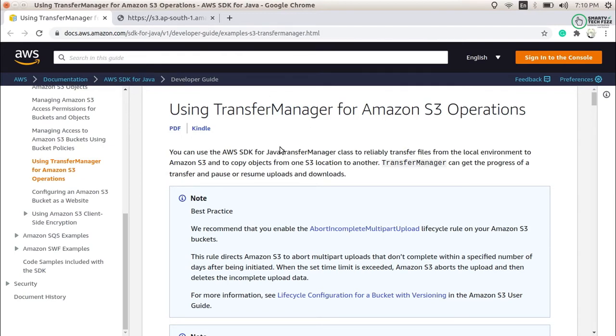It is useful when you want to upload multiple files at once, or upload a full directory at one time. It is also useful when you want to copy your file from one bucket to another destination folder or another bucket. So it will be helpful for you when you want these operations. We will do these operations in the next few parts of this video.